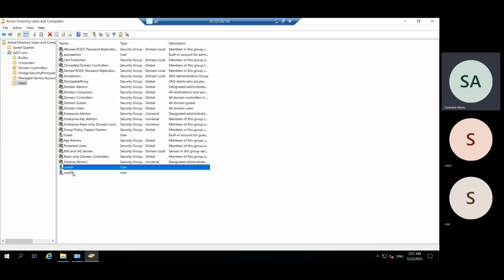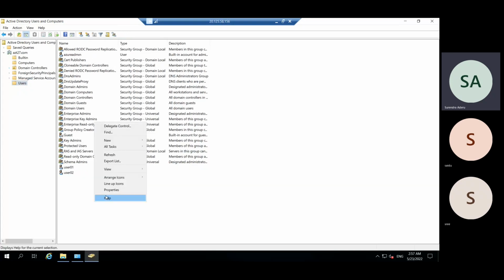I created two users here, right? These are all built in. You could see computers, domains, and all of the stuff. Two users we have created. Along with that,